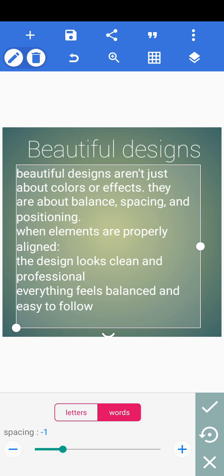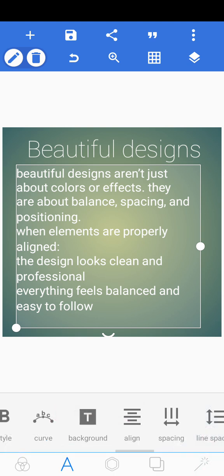Okay. Then we have line spacing. Note that spacing is different from line spacing. But what's different about it? Spacing gives space between either your letters or your words, but line spacing gives us a space between each line of words. For example, can you see the first line there? Beautiful designs aren't just. That first line, that first row is a line,